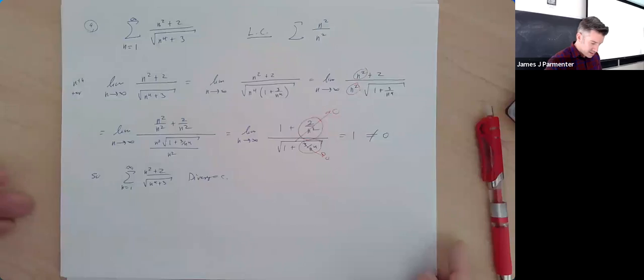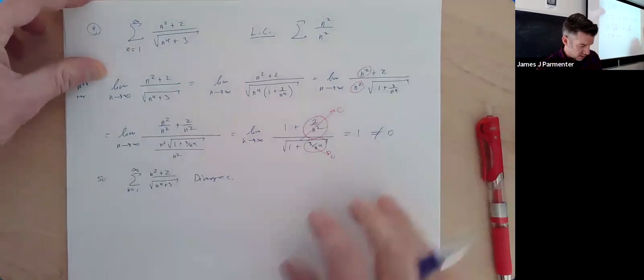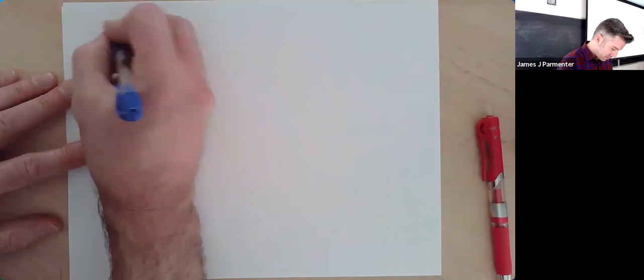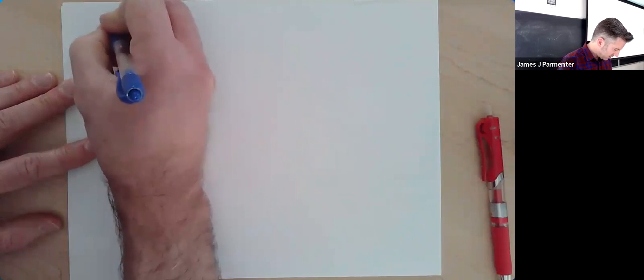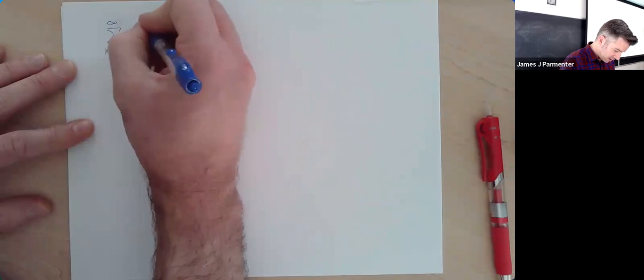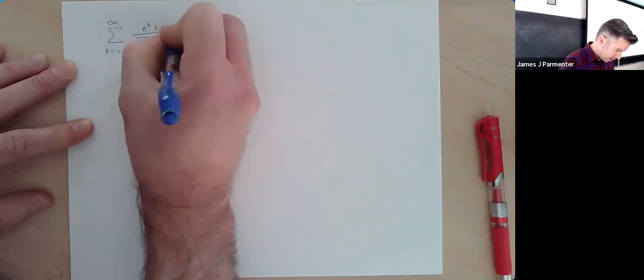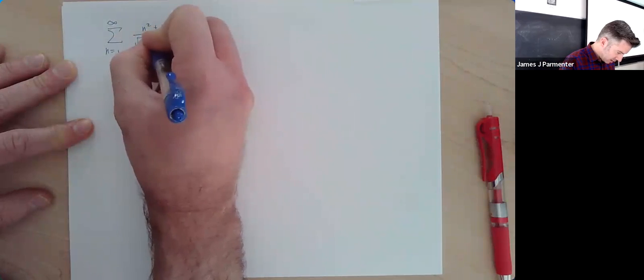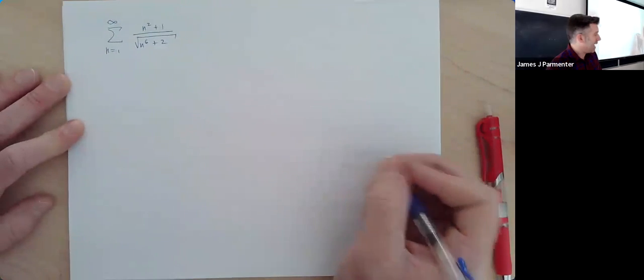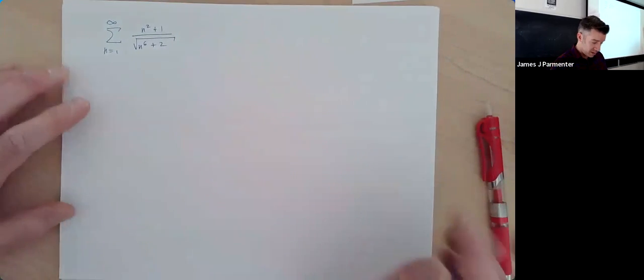Let's look at one that's similar to this, but doesn't go the same way. Let's say we wanted to look at the sum from n equals 1 to infinity of (n squared plus 1) over the square root of n to the 6 plus 2. Now I am going to limit compare it with,